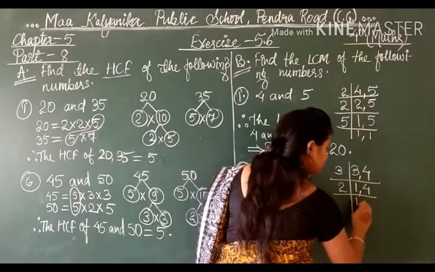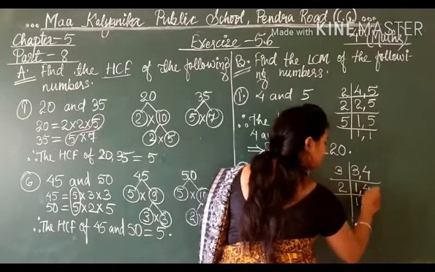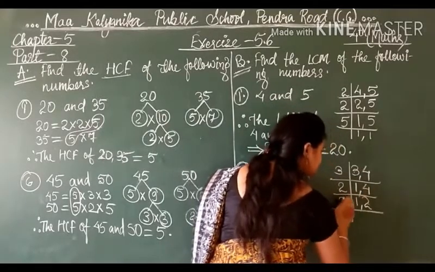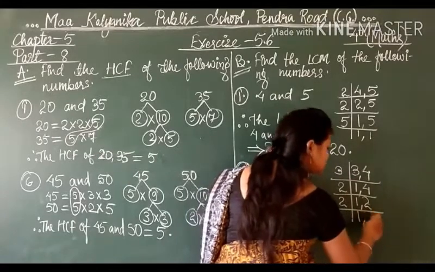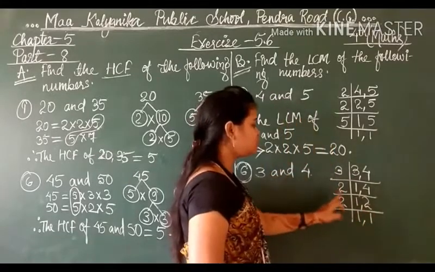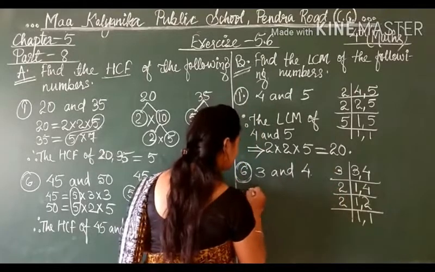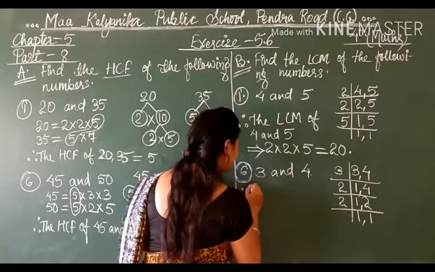We have to take the prime numbers for division. So now 1 will be as it is, 2 2s are 4. Now again divide, because 2 is there. So 1 will be as it is, 2 1s are 2. Now 3, 2, 2 are the factors here. So you can write here, students, that the